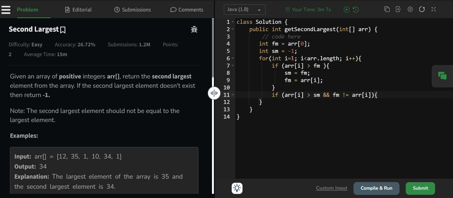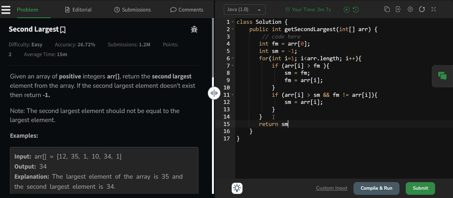We need to open a bracket and assign secondMax = array[i];